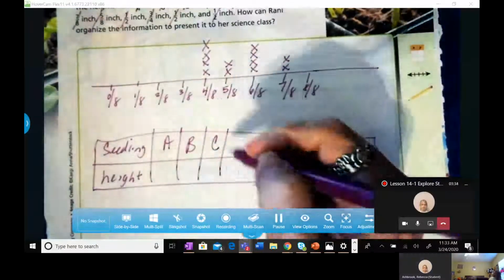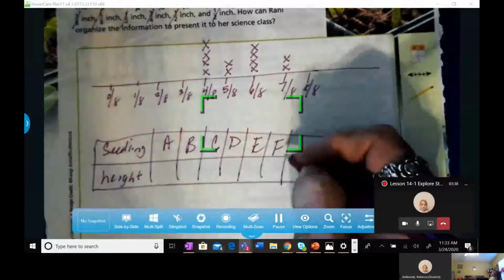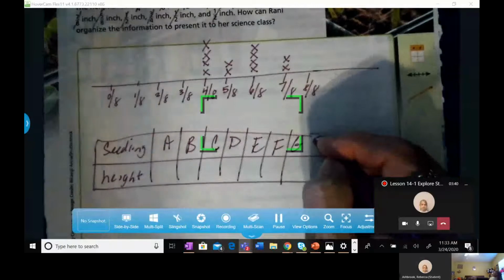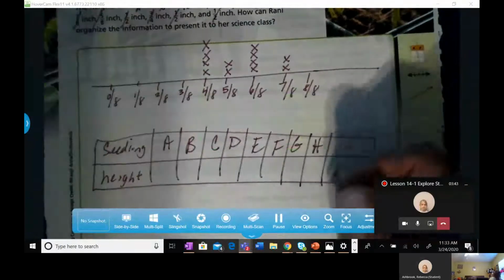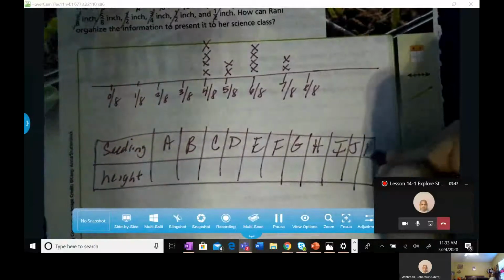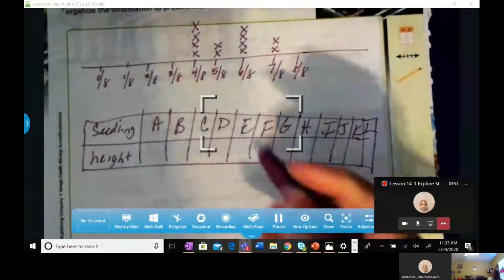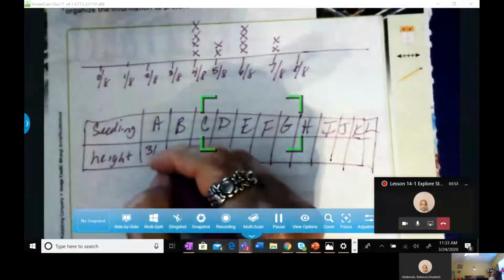So then this would be A, B, C, D, E, F, G, H, I, J, K, and L. All right, so you could do that, and then you could just write your height, which would be 3/4,